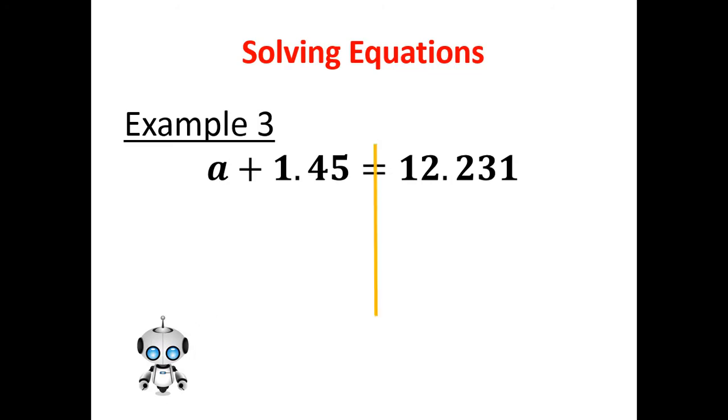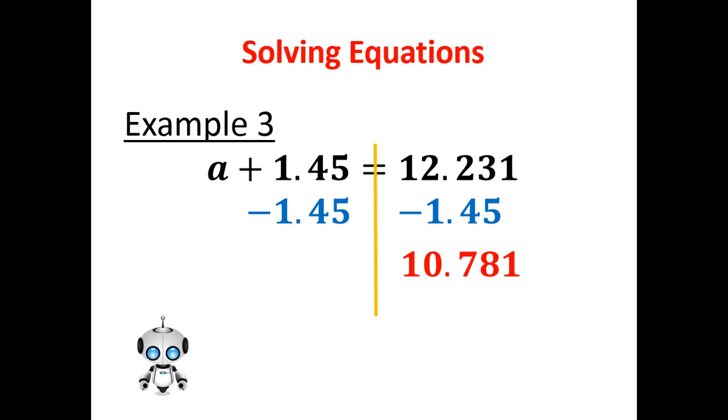A line down the middle. On the left-hand side we see this plus 1.45. To get rid of a plus 1.45 we do the opposite, which is minus 1.45. But if we minus 1.45 on the left-hand side, we must minus 1.45 on the right-hand side. On the right-hand side, 12.231 minus 1.45 leaves us with